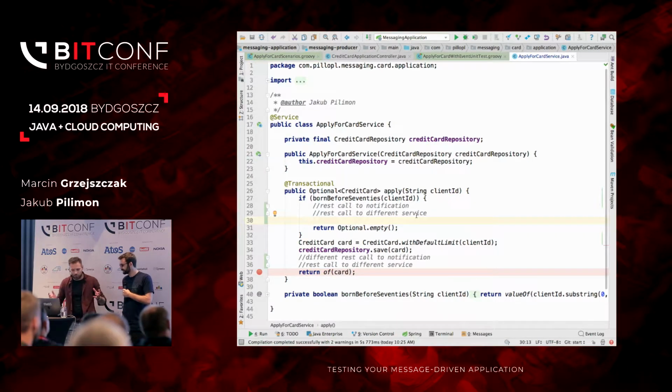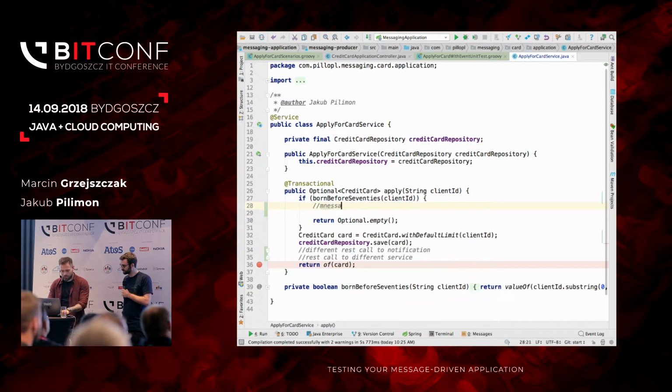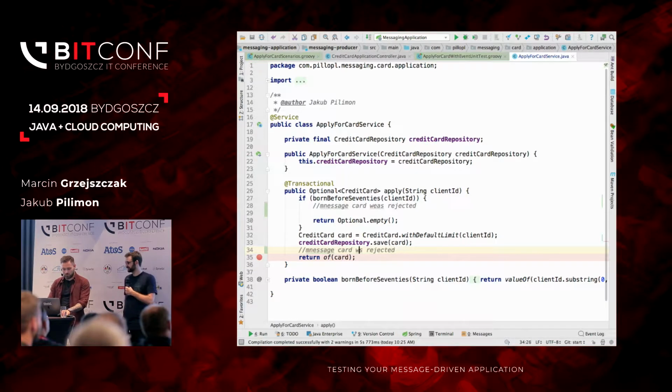No. It's there. So how about sending one message to your Rabbit, like a message that the card was rejected, and another message in here. A message that represents a business fact from the past is called a domain event. Have you heard about domain events? I guess so. If you have a message broker, you can send a message, an event, that something has happened. You can notify your message broker, hey, the card was rejected, or the card was granted in this case, right?